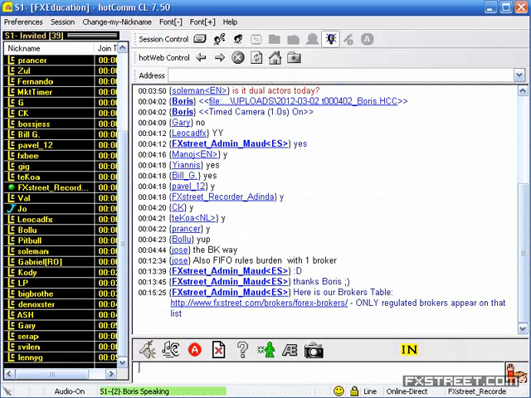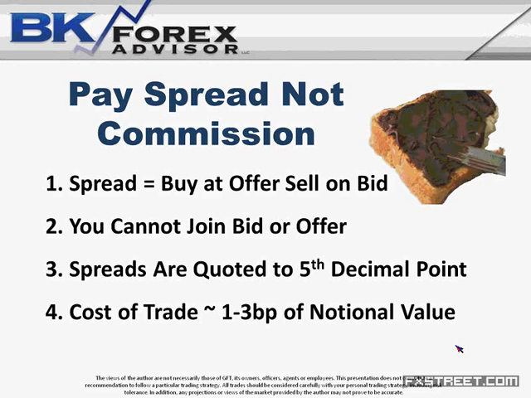The key thing about paying spread is, first of all, in FX we now quote spread to the fifth decimal point, not even to 1/100th, but to 1/1000th of a penny, right? That's how everything is quoted. Because if you think about it, a 100-point move is a 1 penny move. That's a very big move in FX. So we quote all the way out to 1/1000th of a penny because the markets are so highly leveraged that even a small move has a meaningful impact on your position.